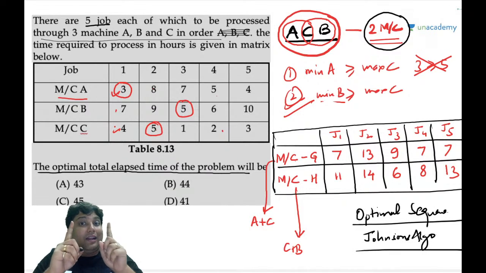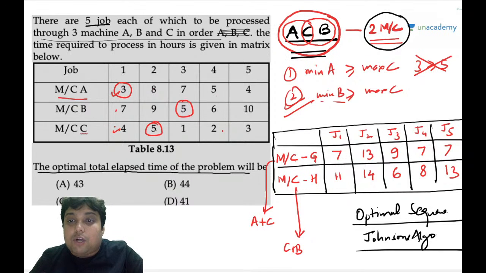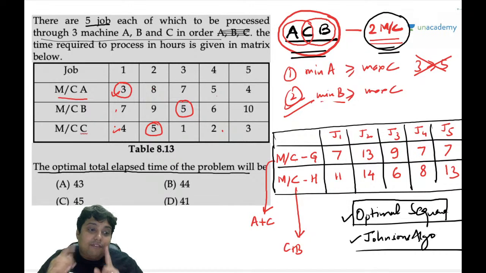Remember this very specifically, that we have only converted the 3 machine problem into a 2 machine problem so that we can find an optimal sequence using Johnson's algorithm. And when we find the optimal sequence,